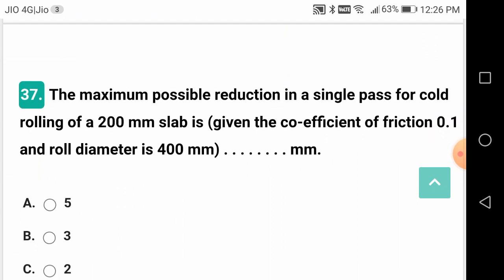The maximum possible reduction in a single pass for cold rolling of 200 mm slab is, given the coefficient of friction